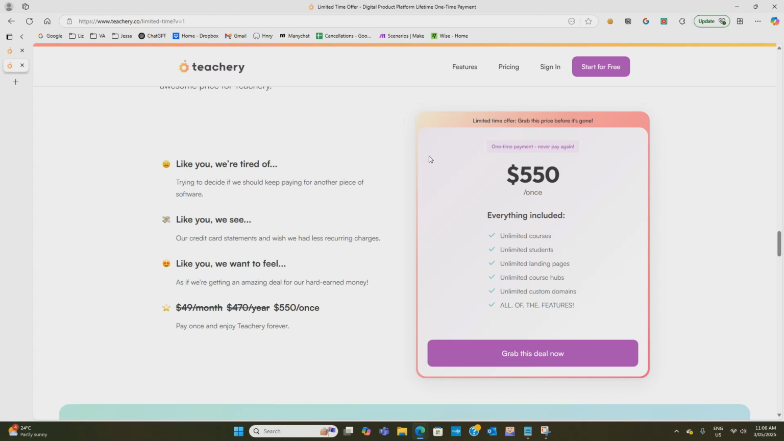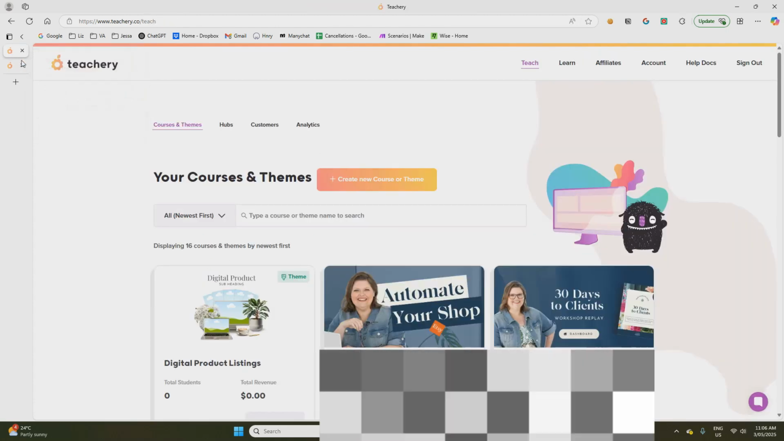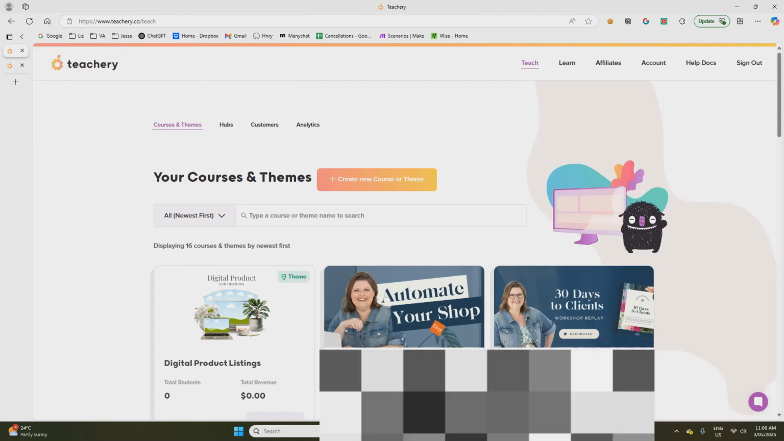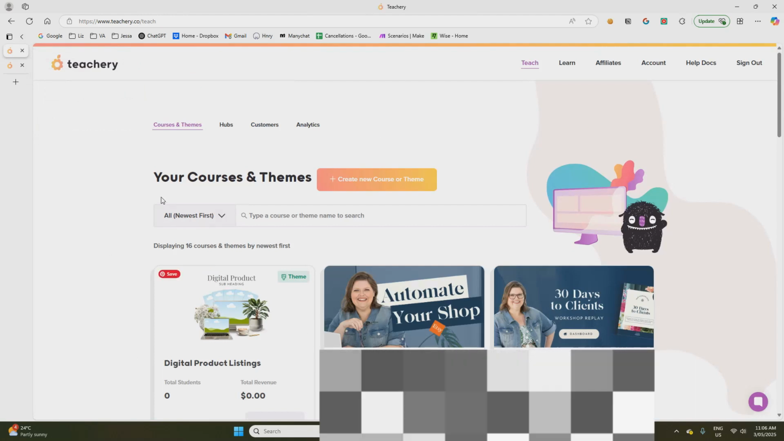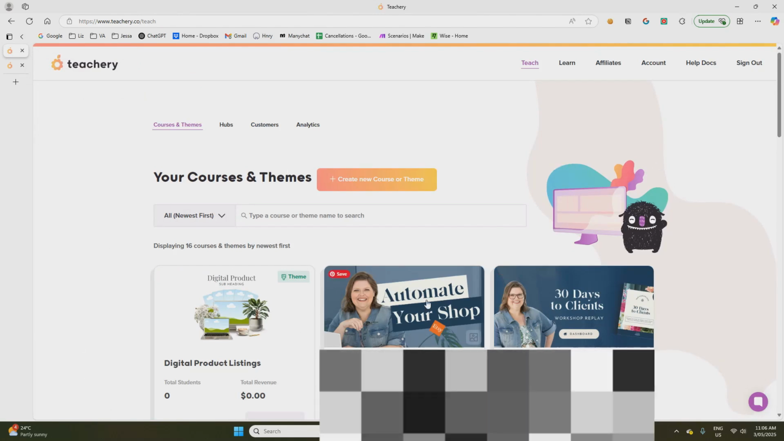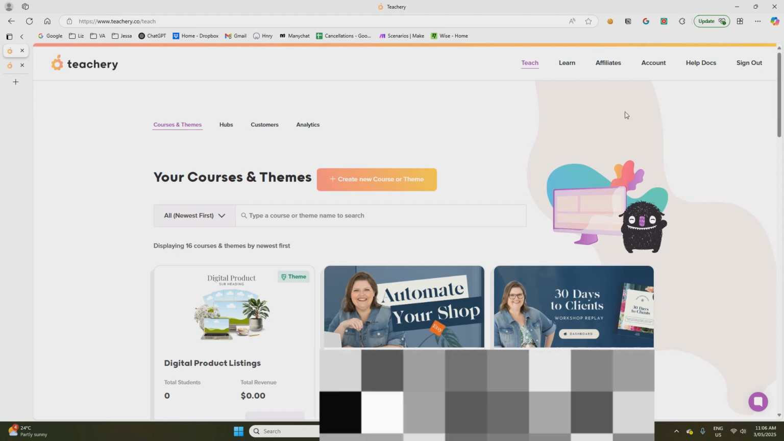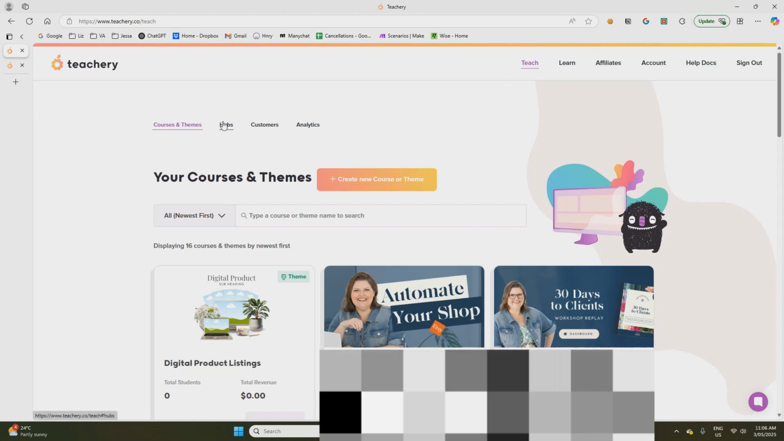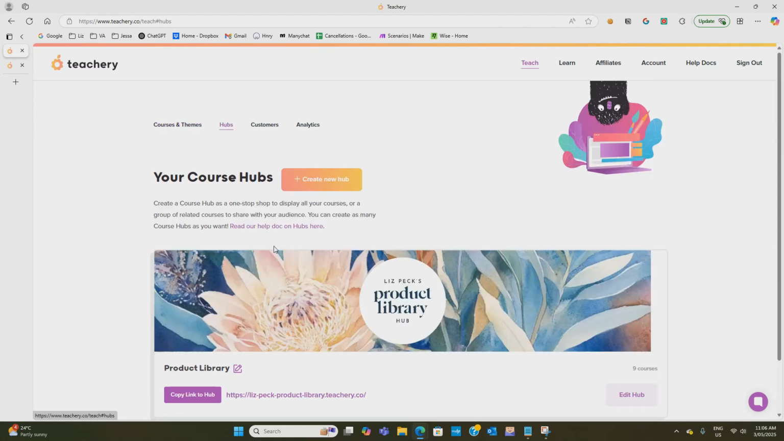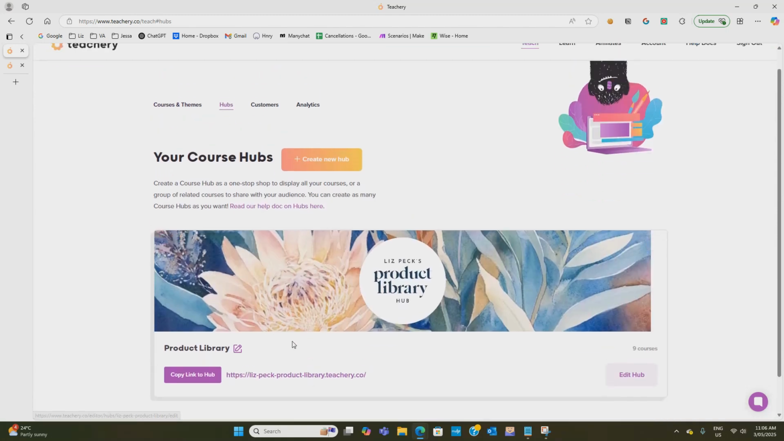Now, when we actually go into Teachery, let me just show you inside my account. This is what it looks like when you log in. As you can see, this is your courses and themes section, which is where you would show your products. I've got some products here. Then you've got hubs. Hubs are like a storefront, so you can create a hub that looks like a storefront. If we open this one up,